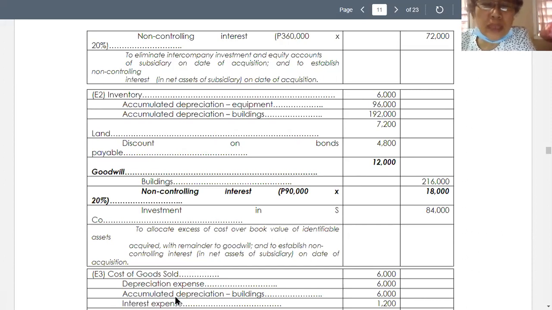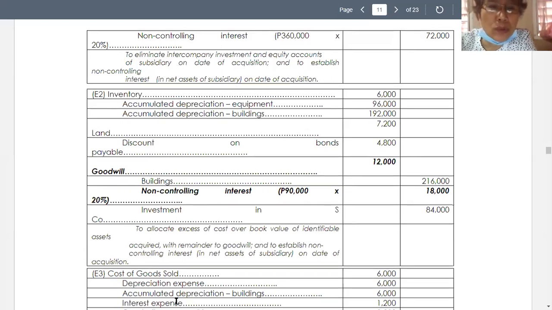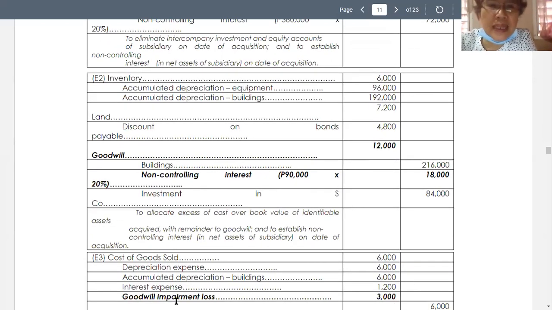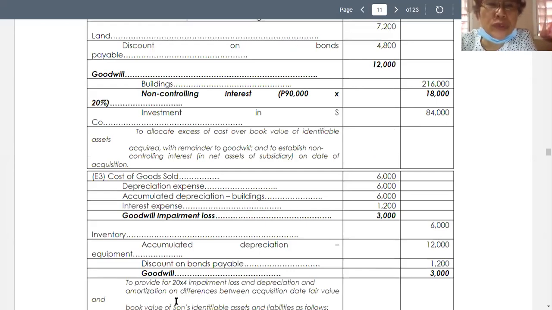So the total credit to the investment in S company account is 288,000 plus 84,000. That makes a total of 372,000. Okay? Then further for our entries, the next entry is to debit cost of goods sold